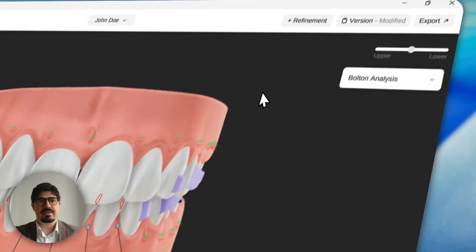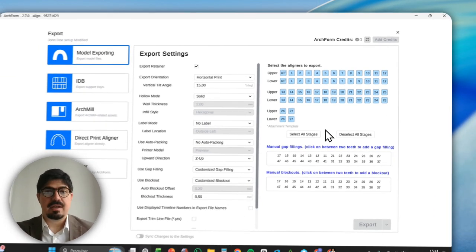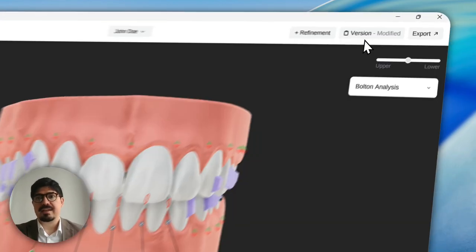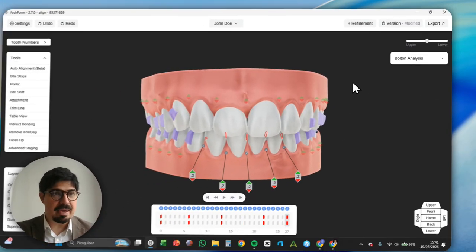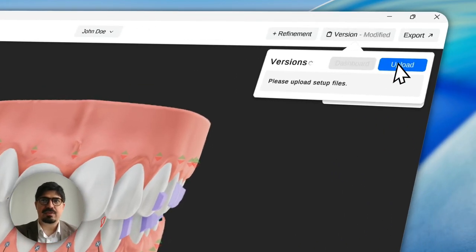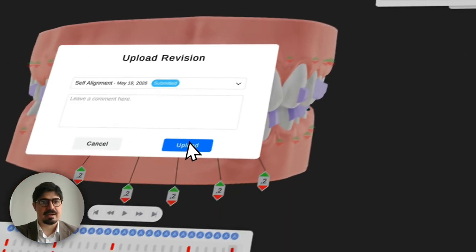That's really cool. One is export. So if you click on export, you can download the STL files. That means the files that I can put on my printer and print the models so I can thermoform the aligners. Or let's say I want to show my patient this case, I can come here on version, click on upload, upload again,